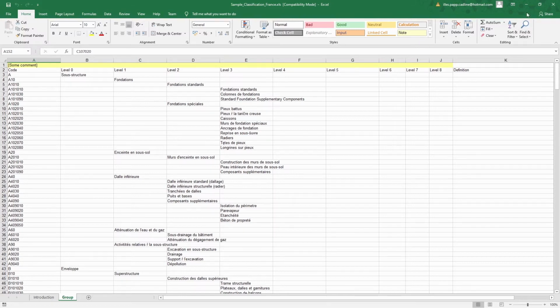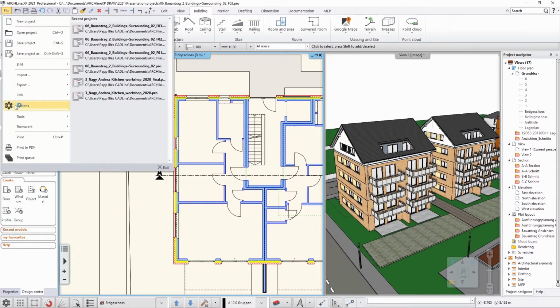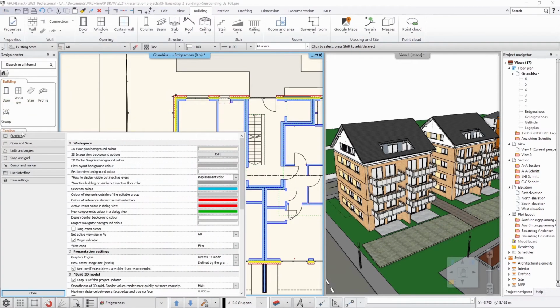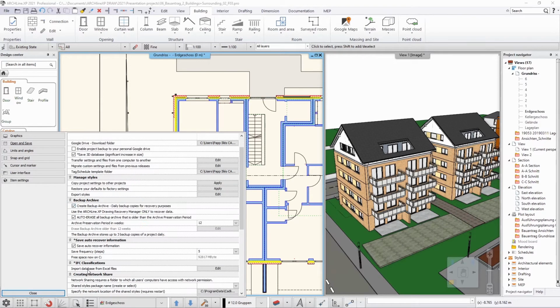that I will show you now. So let me just go back to ARCHLine and go to the file and options. Now in options you have this open and save page, and here you should scroll down until you can find this IFC classification, import database from Excel files. Now this is what I need. I go here